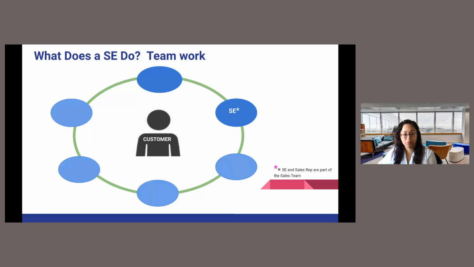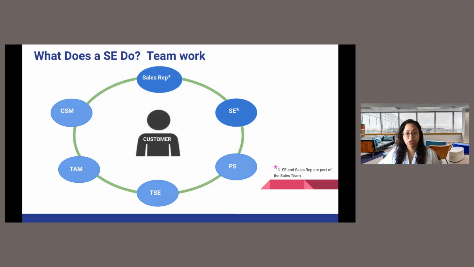we're going to have the sales representative, which is right here on the top. The sales representative is also known as an account executive or regional sales manager. The sales representative and the sales engineers are both part of the sales team. Sales engineers are also going to work with customer success managers, known as CSMs, technical account managers, aka TAMs, and they also work with technical support engineers, known as TSEs. And on some occasions, they also work alongside professional services, depending on the customer's needs.